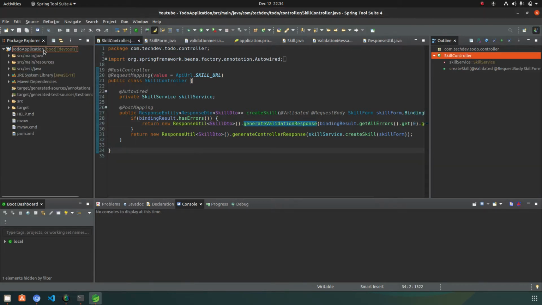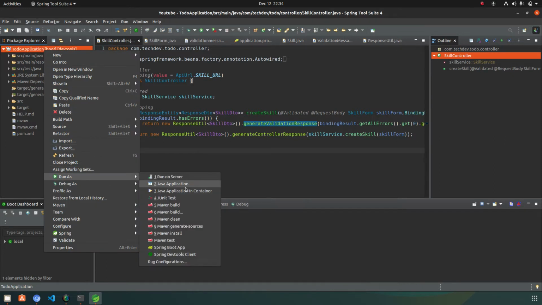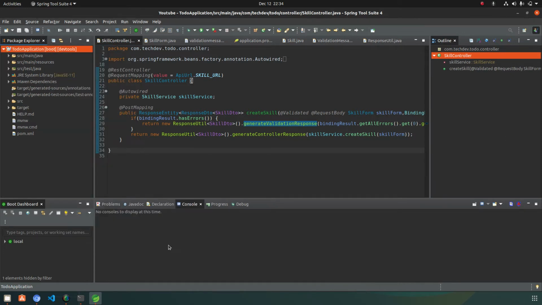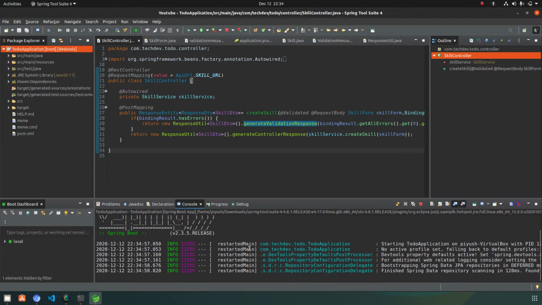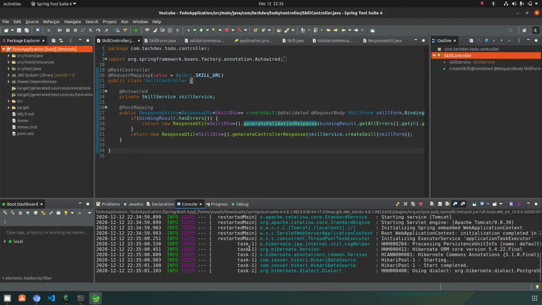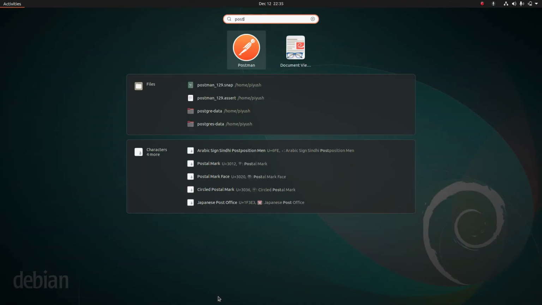After that, let's test whether it is working fine or not. Right click on it, run as, and run as Spring Boot app. Let's start the application. Now we will open Postman.